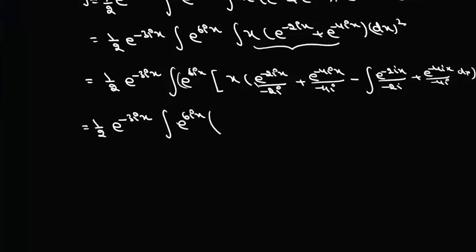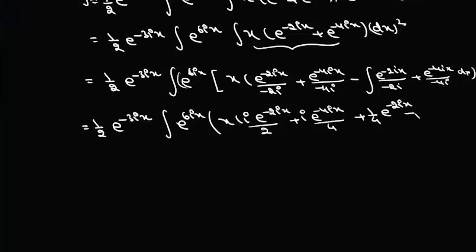Now iota to the power 4 is 1, and minus iota is iota cube, so we can write x, and this is iota e to the power minus 2 iota x whole divided by 2, and plus iota e to the power minus 4 iota x upon 4, and here it will be e to the power minus 2 iota upon 2 iota square, so there will be plus 1 by 4 e to the power minus 2 iota x, and here will be plus 1 by 16 e to the power minus 4 iota x into dx. Now we'll multiply e to the power 6 iota x inside, so it will be this